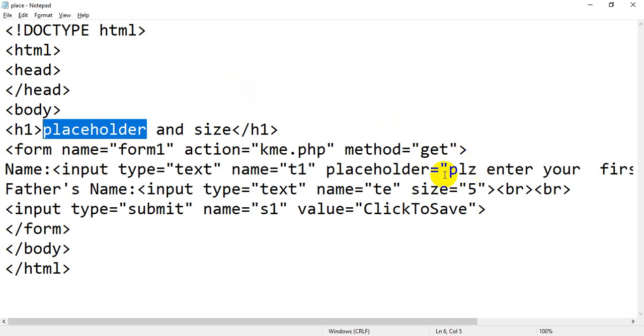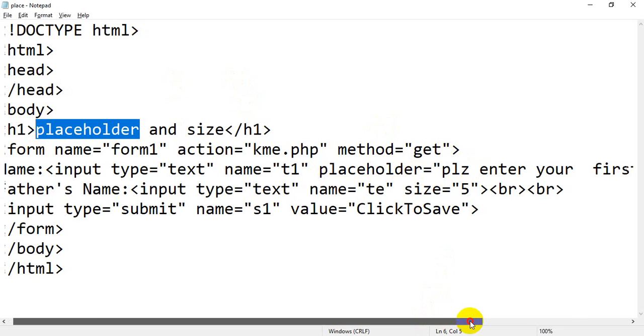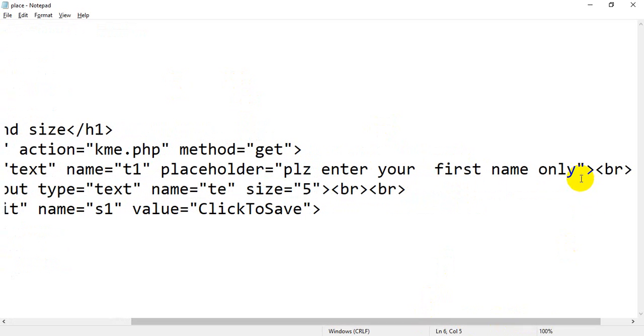So we write placeholder equal to, and you have to provide the message. For example, if you want to accept the first name only, you can write first name only.